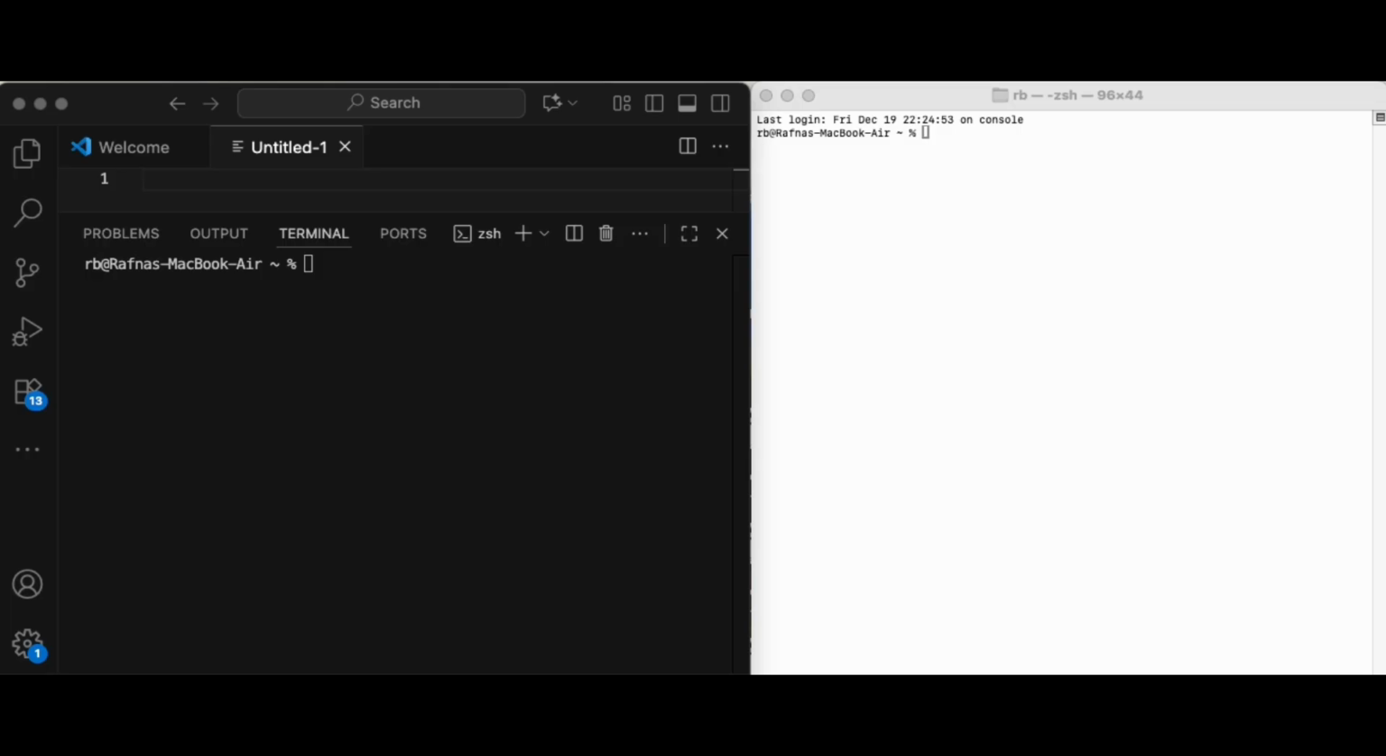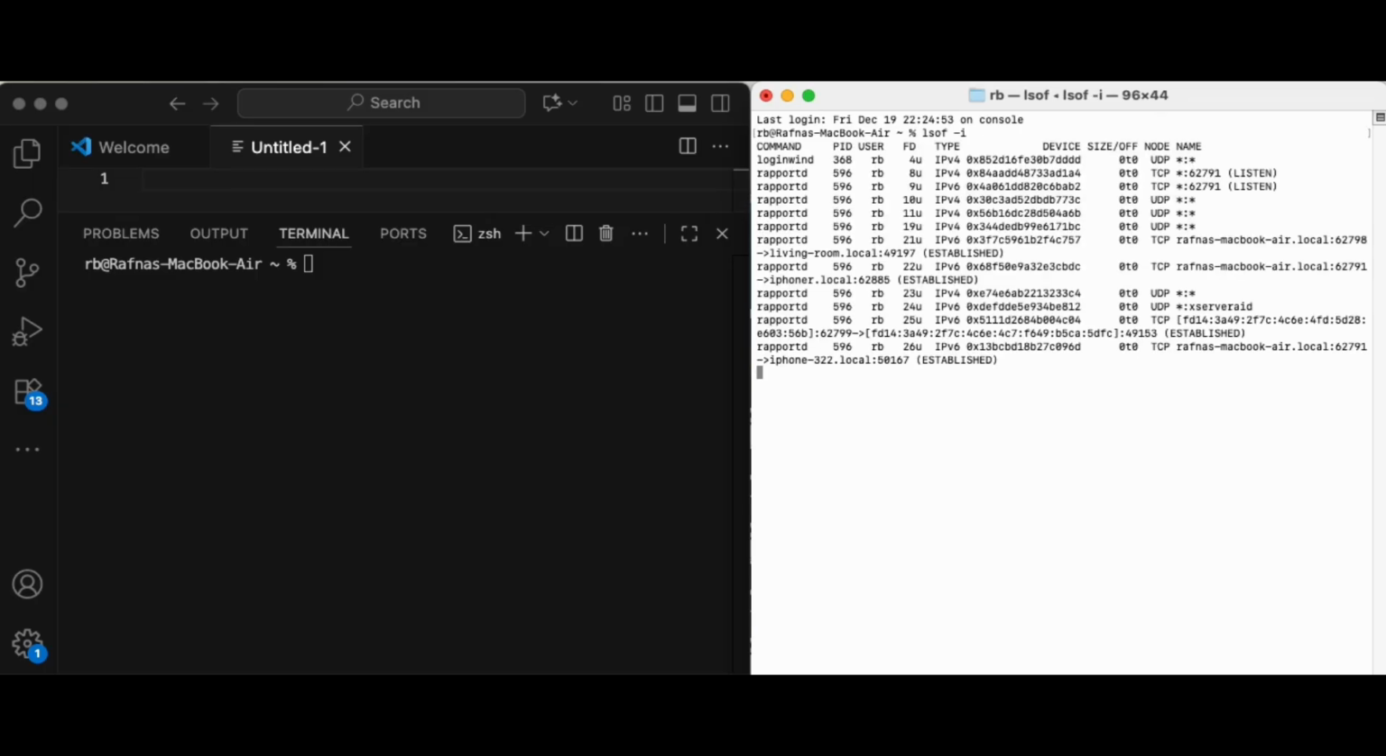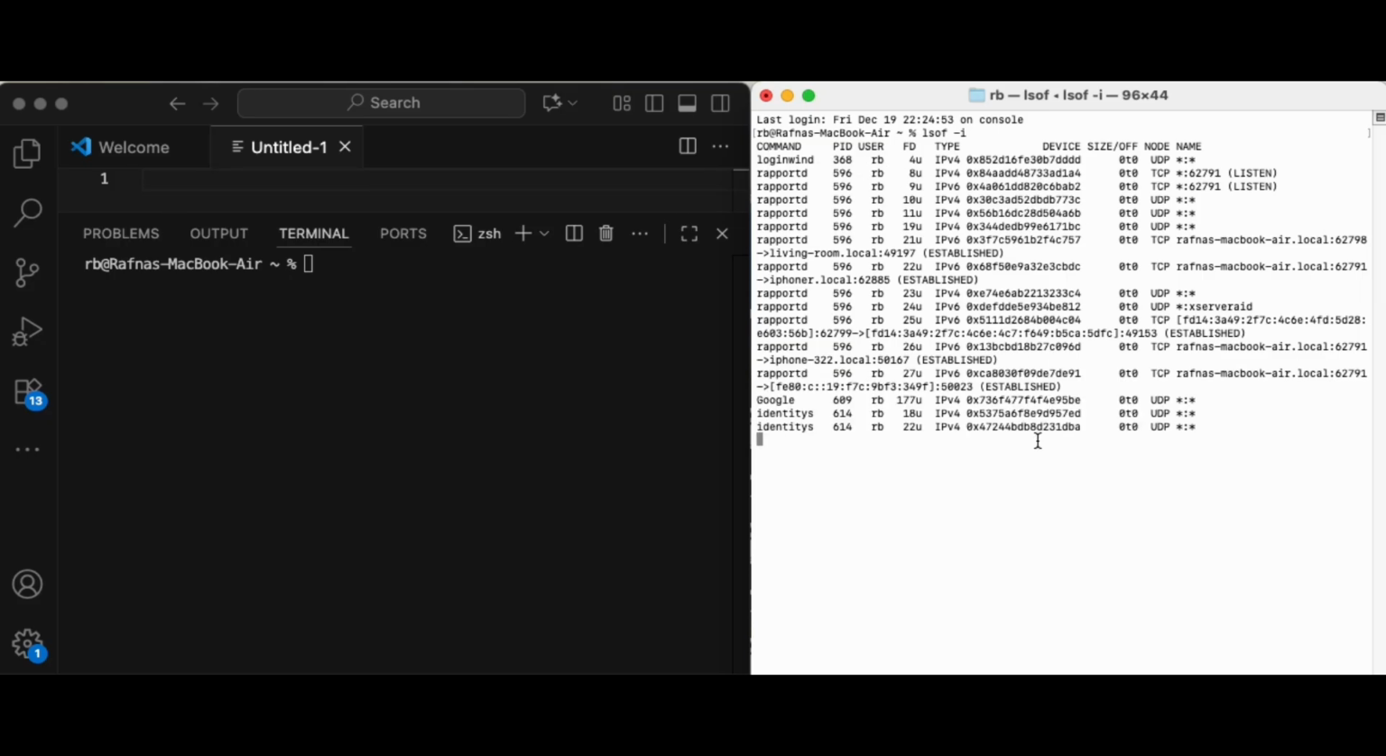Let's look into the developer-oriented selection of macOS terminal commands that are especially handy if you write code, manage projects, or work with servers. For process and resource monitoring purposes, we can use a command lsof space -i to view a live list of open network connections. So if I press enter, you can see that these are some of the open network connections I have on